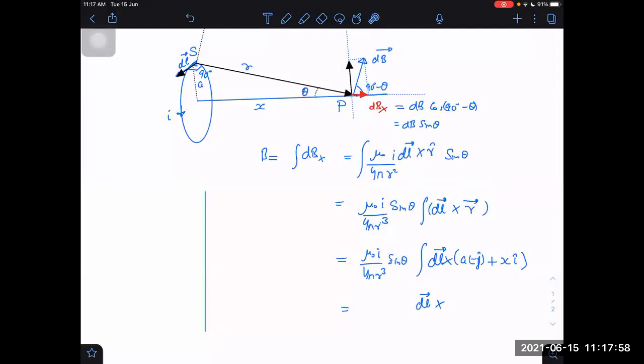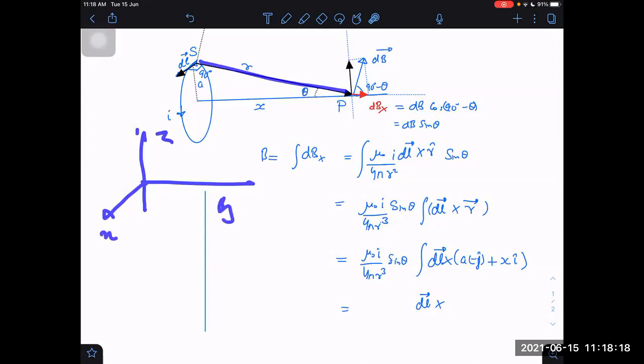This is one vector. It is the sum of these two vectors by the triangle of vector addition. Whether origin is here or here or here, why does it matter? A vector can always be shifted parallel to itself. Can the vector be shifted parallel to itself or not? Yes, sir. If I keep origin here also, then what is the problem? I don't understand why you are talking about origin.